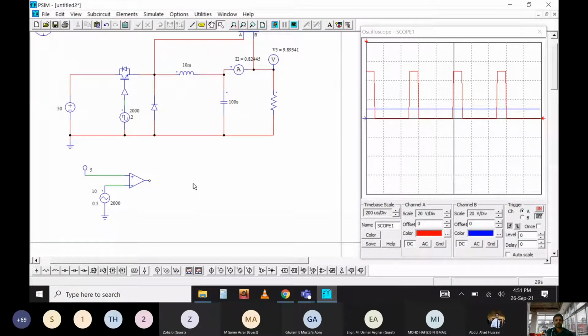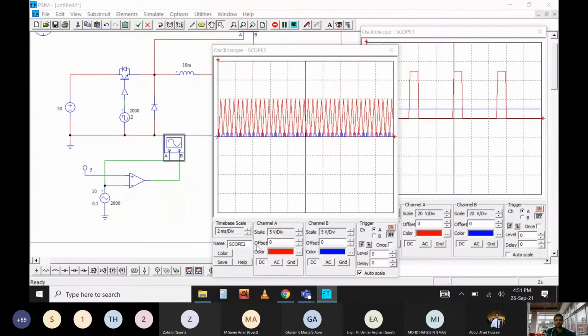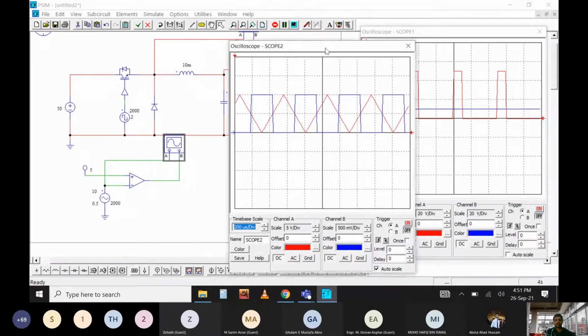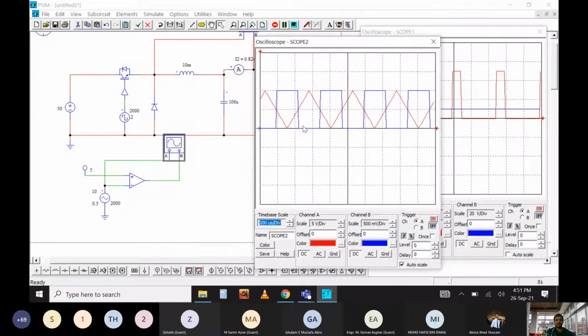Okay, you want to see the control signal generation in more detail, so let's put an oscilloscope here. We'll see what will happen. Channel A will show the triangular wave, or the carrier signal. Channel B will show the output of this comparator. Let's run the simulation, increase the time scale. Okay, that's good. So we can see from here,